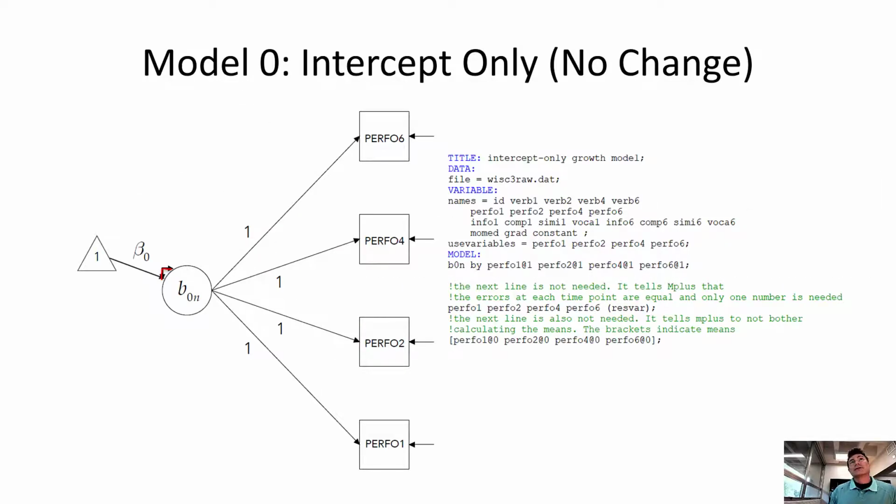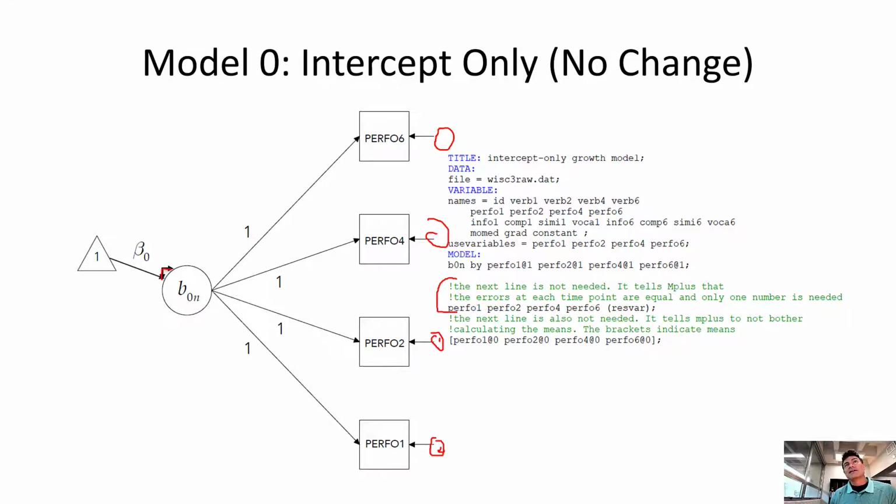It's also going to calculate these unique factors, this residual left over, and M plus will do it automatically. M plus will calculate a different one for each of these. So we're going to actually tell M plus, and if you didn't put this in here, it would be fine, but we can think of these as all being equal. We think of that individual factor, because we're just creating an intercept, these are all going to be equal.